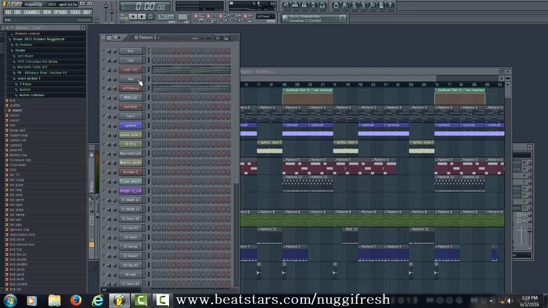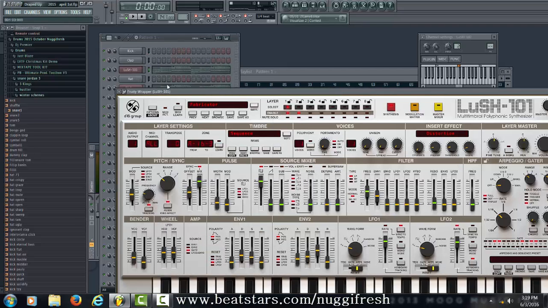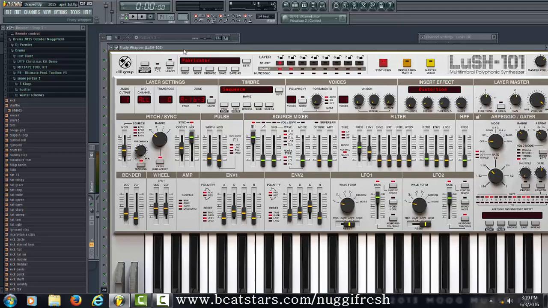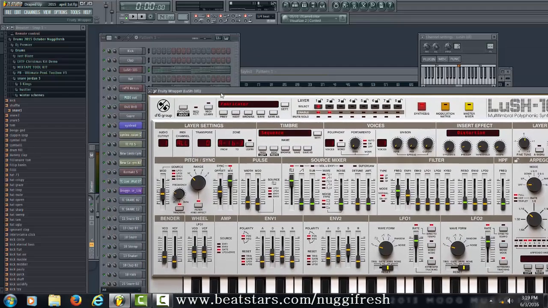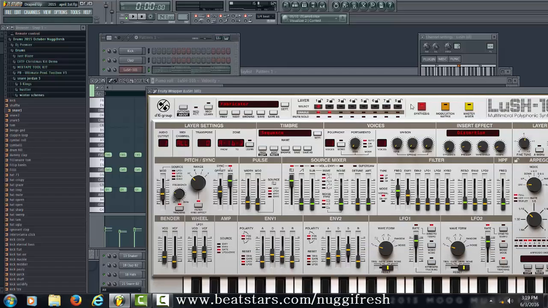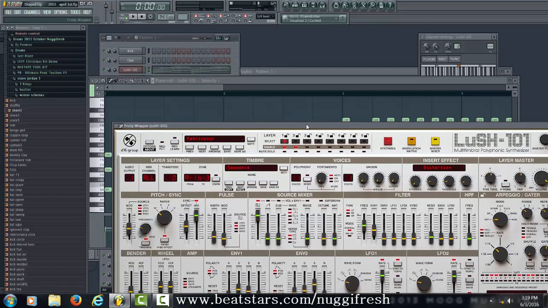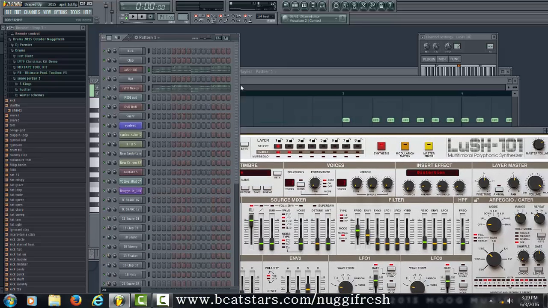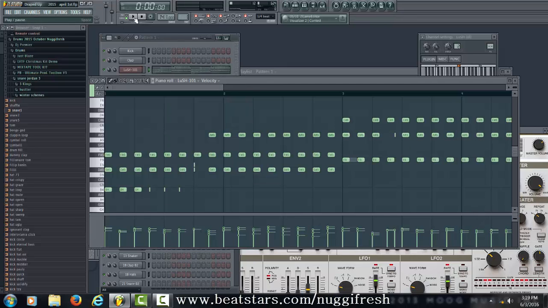So let's get into pattern one. Pattern one, I used Lush 101. That's the VST and the presets fabricator on that. So I'll start off by showing you guys what the pattern is too. And I don't know if you guys know anything about Lush 101, but it is a very good VST if you get a chance to grab it. I actually don't hear a lot of people talking about it, but in my opinion, I highly recommend it. Here's the pattern right here, and